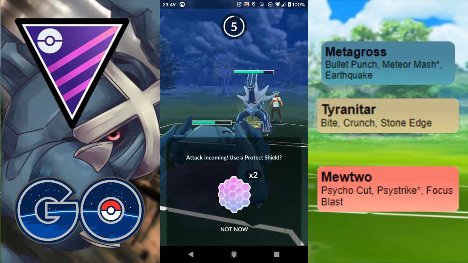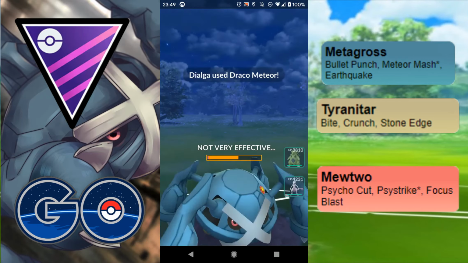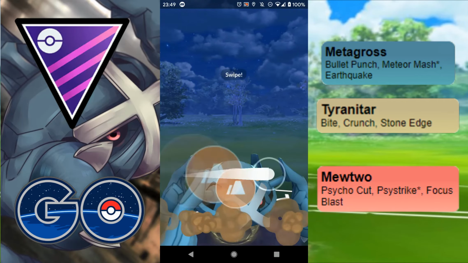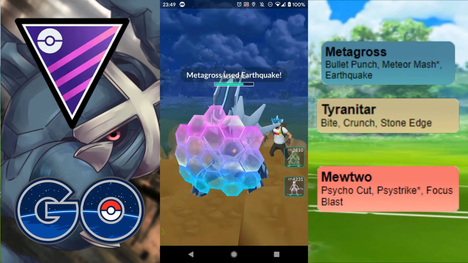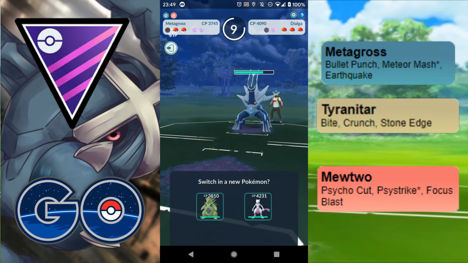And oof, they've got to their charge move first. So the question is, is this Iron Head? And I'm really hoping it is, because I'm not shielding. And it is the Draco. So there's the Draco. It leaves me with 1 HP. Not nice at all, but I mean, it is what it is. I'm just going to throw this Earthquake and hope they don't shield. They do shield, which is really bad for me, because now they can swap out into...